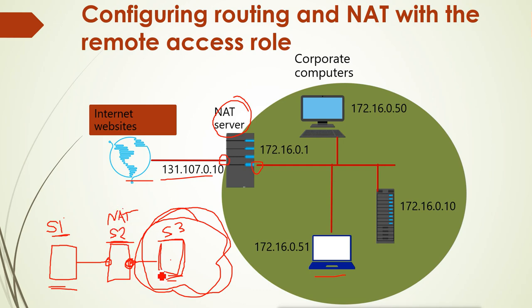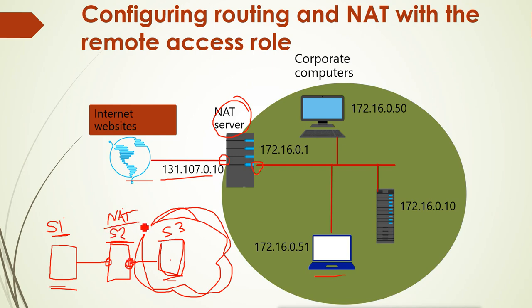And NATing will do what? It will not only connect the two networks, it will also translate the private network to the public network. 192 is the private IP and 12.0.0 is the public IP, so it will convert the private IP to the public IP also. I'll show you how you can enable the routing, default routing, basic routing, and also, if you want, you can enable the NATing.